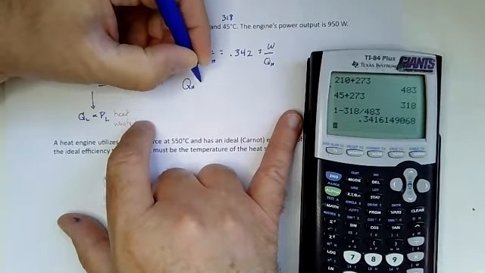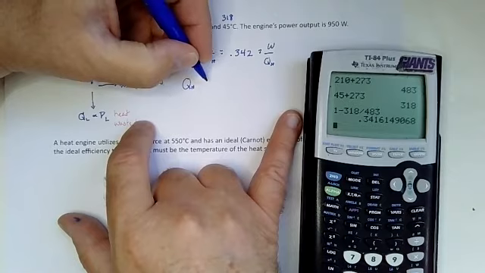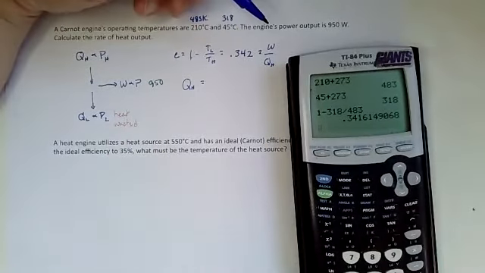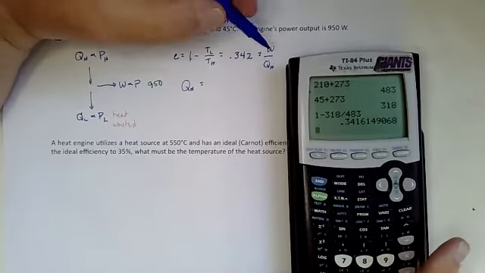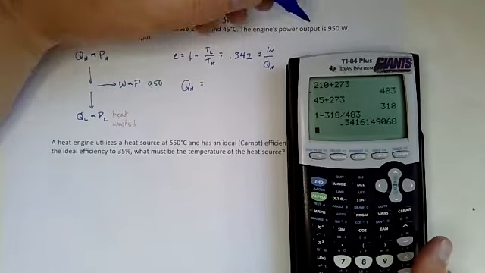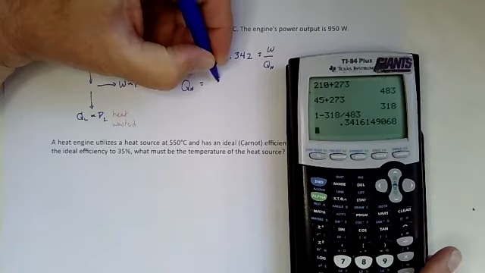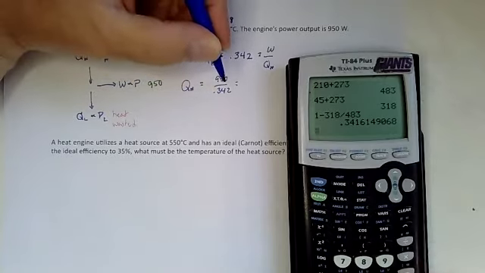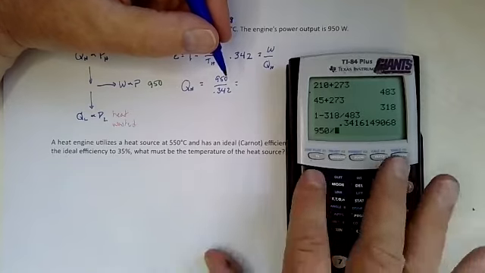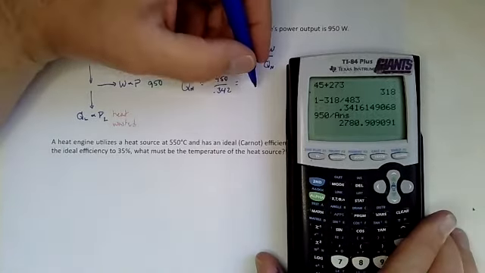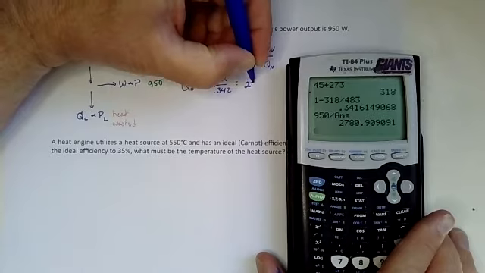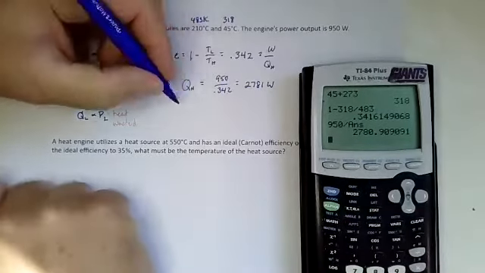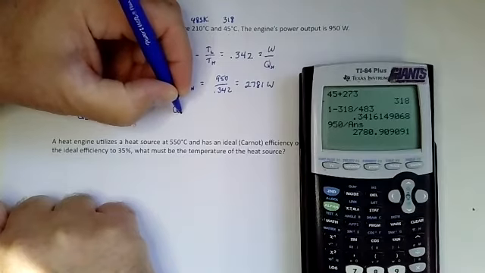So the QH, which could be power harvested, right? Because I'm using energy and power interchangeably since it's sort of a per second concept. That means I'm going to take the work, which is 950, and divide by the efficiency, which is 0.342. Okay, 2781 watts. And then QL